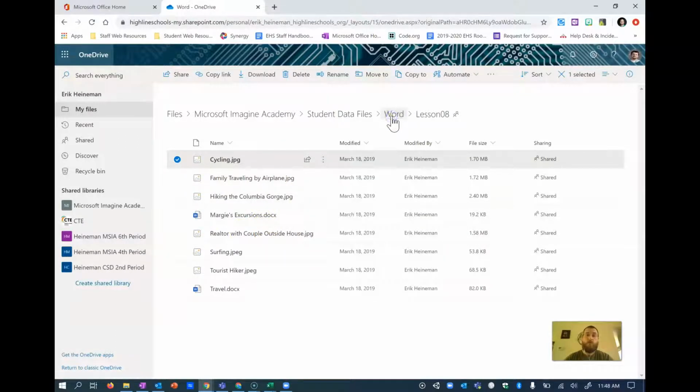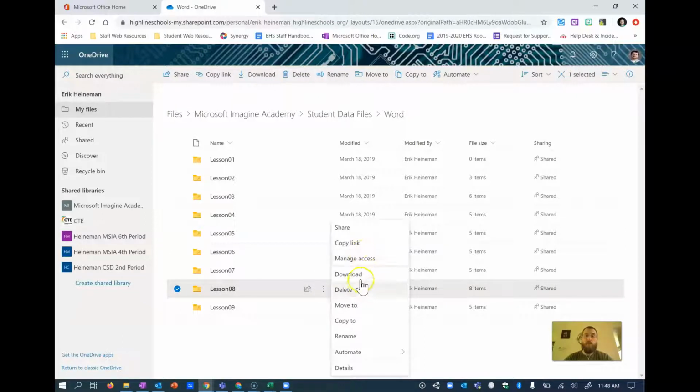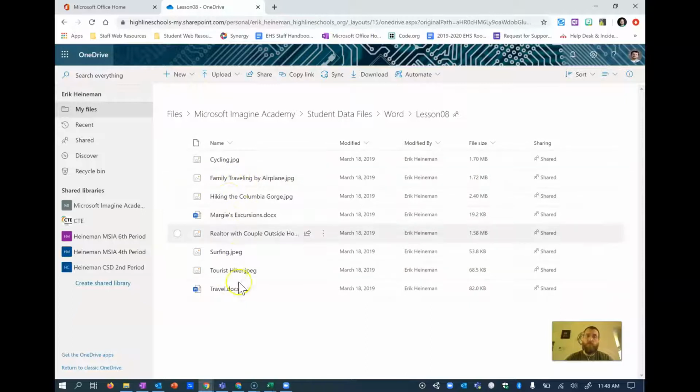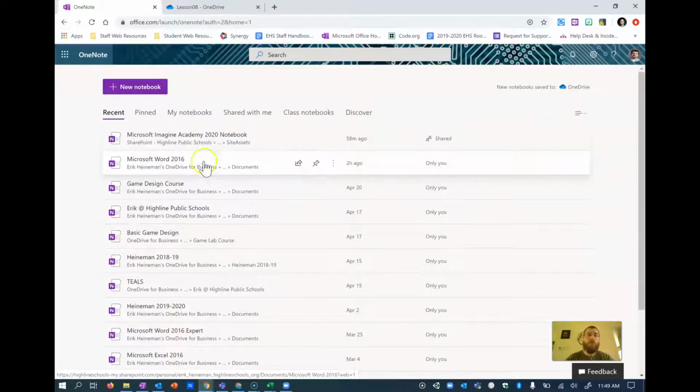You could, I guess, go back here and click on the whole folder and download the whole folder if you want. But you only need the pictures is really what I'm most concerned with. The other two files you can open actually in Word Online. So back here in Office 365, first thing I'm going to do is click on OneNote